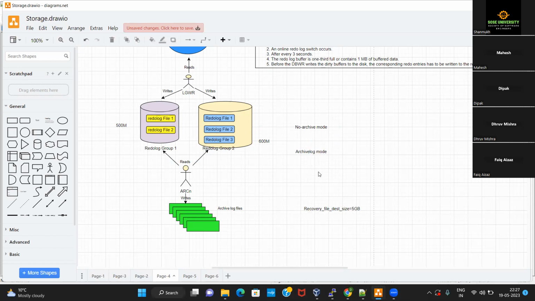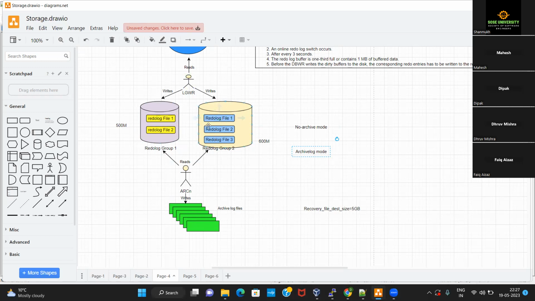What happens is, once this group is full and LGWR starts writing to this group, parallelly the archiver background process will get activated. It will copy all those redo entries from this group into archive log files.